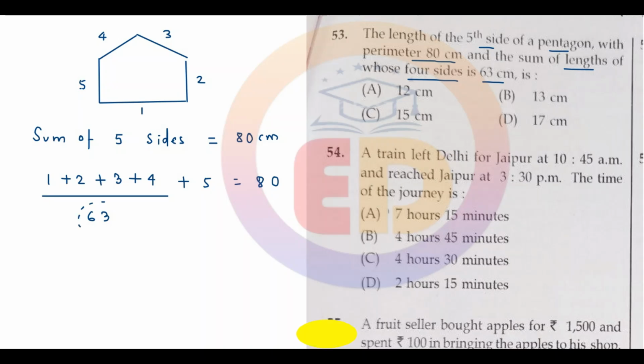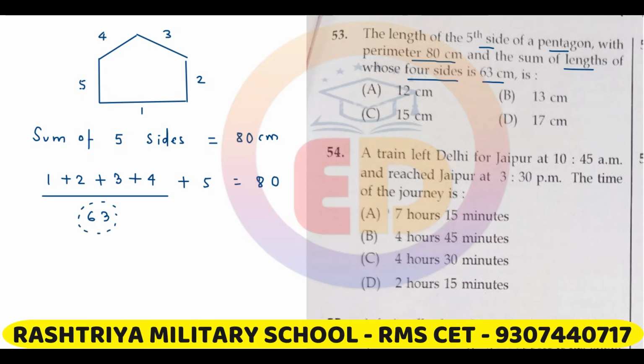So if sum of these 4 sides are 63 centimeter, then they are asking what should be the fifth side,